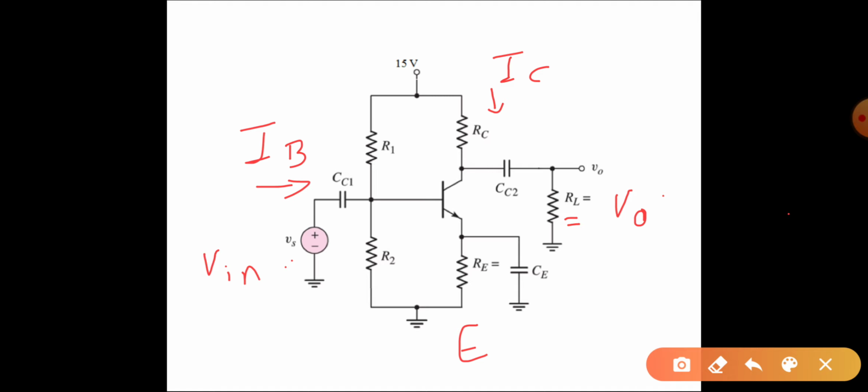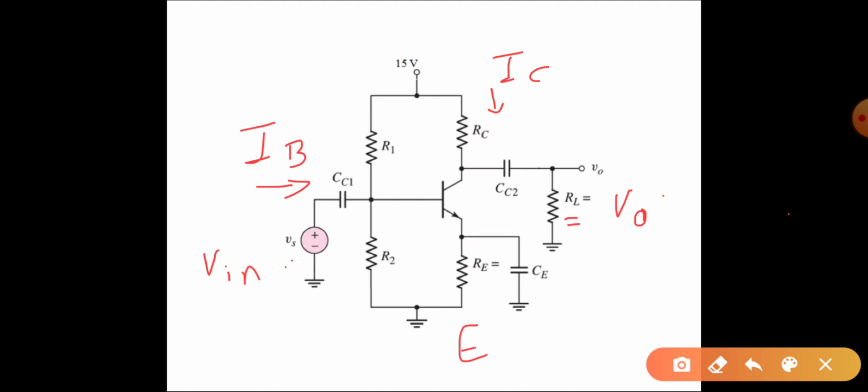The input current is IB, base current, and the output current is IC, that is collector current. Here again your output current will flow through the RL resistor. So this is your circuit diagram for a single stage common emitter amplifier. So now we'll see, with the help of a load line, the input and output waveforms of the amplifier.